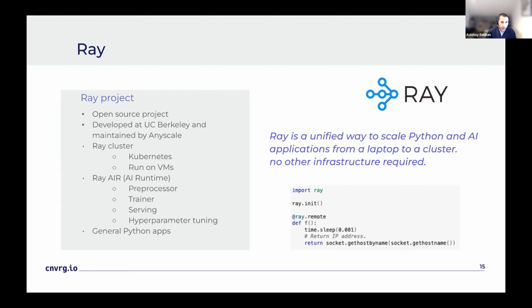And actually, one of the benefits Ray has is the rich ecosystem, which includes support for a variety of libraries and frameworks commonly used by data scientists and data engineers, including TensorFlow, PyTorch, scikit-learn. Also, you can run PySpark if you want. This makes it easy to integrate Ray with existing Python workflows.